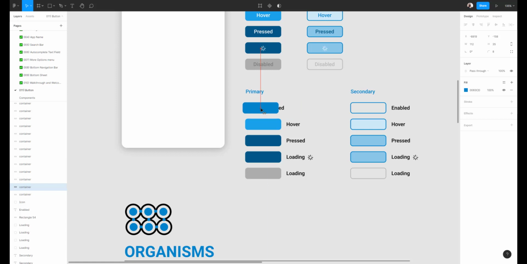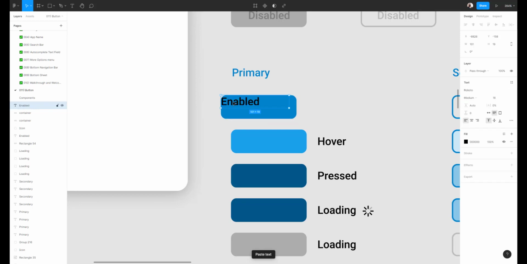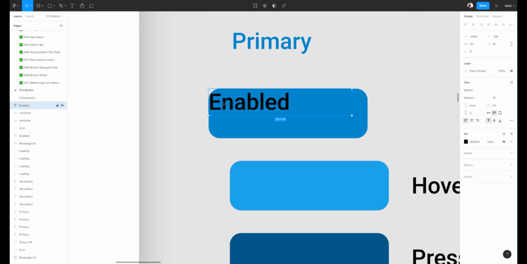But it's not working well. There are many ways to solve this problem. I prefer the easiest way. We can select this text here, Ctrl X, click on this container and press Ctrl Shift V. When you press Ctrl Shift V, these elements that were copied will be pasted in this point here, the 0,